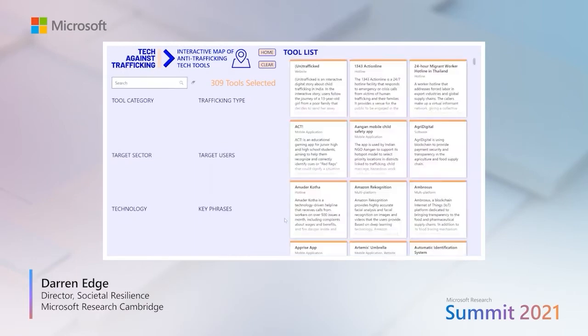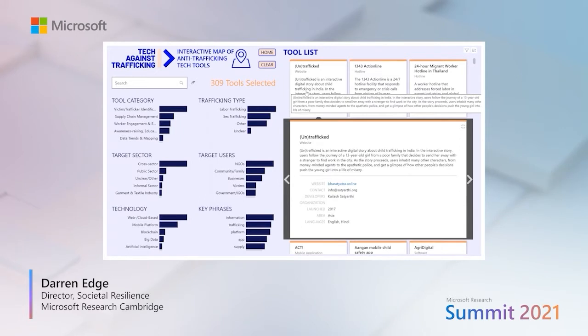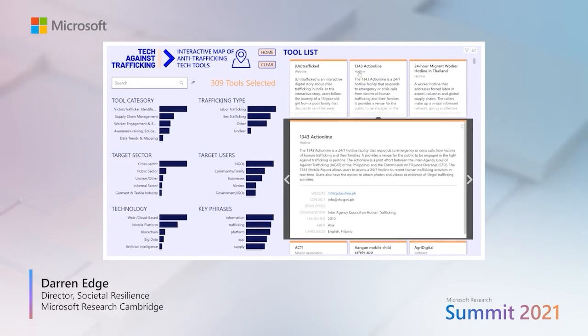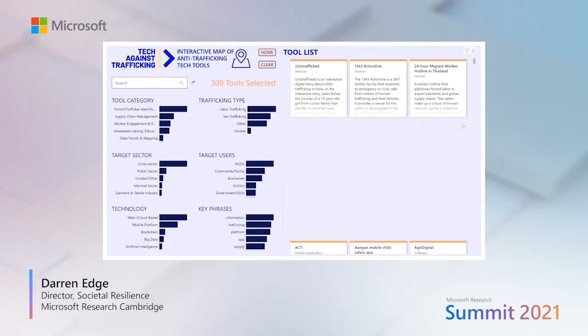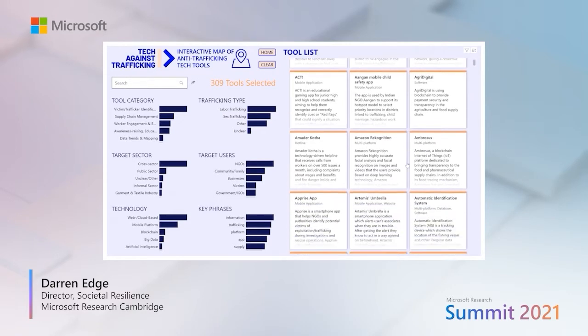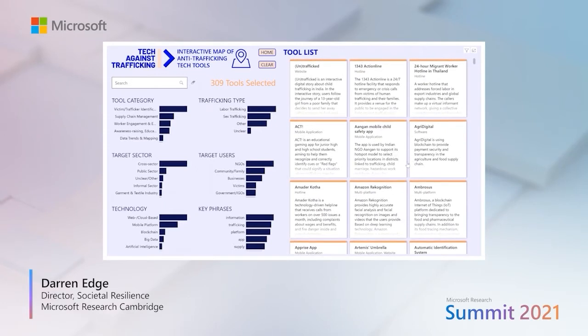So on the right, what you'll see is cards with an orange bar along the top representing the different tools and technologies that we surveyed. And the user can select any of these cards to look at the description and metadata associated with the tool to learn more. For example, they could click to navigate to the website. Now, if we look at all these cards in the tool, you can see that there's many more than somebody might reasonably be able to read through and understand in one sitting.